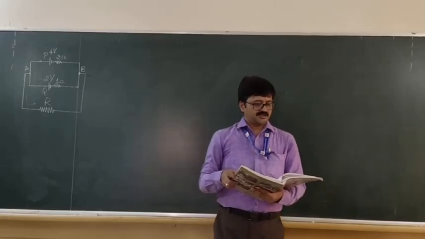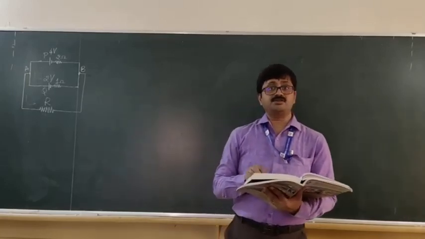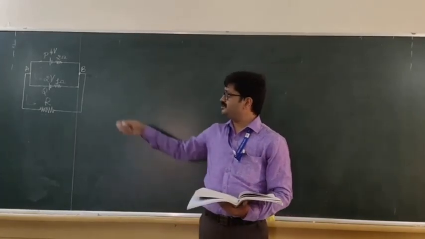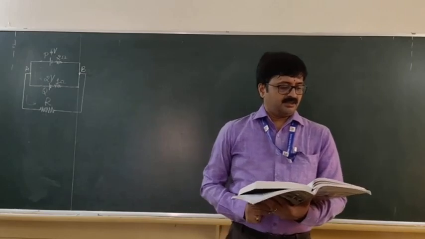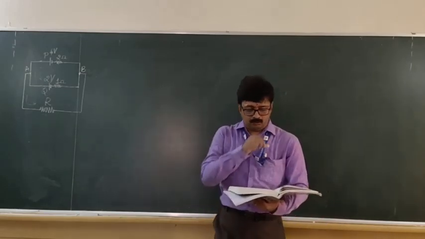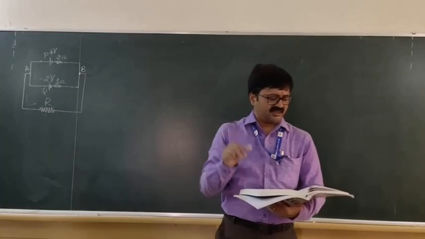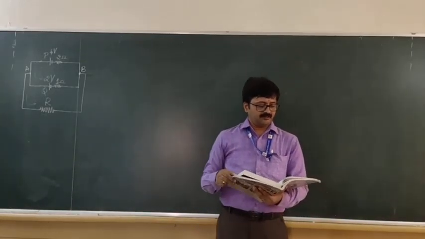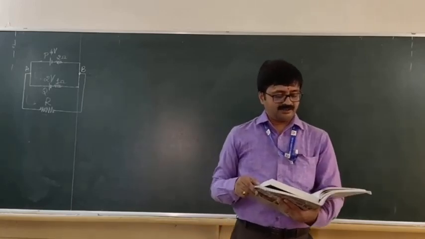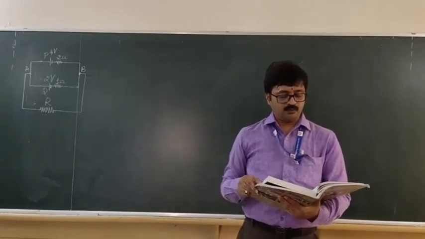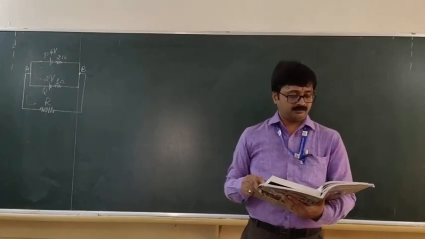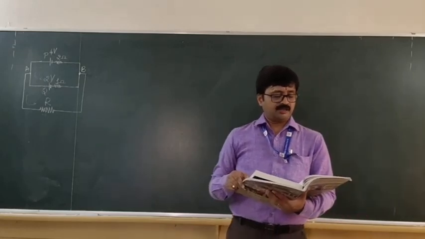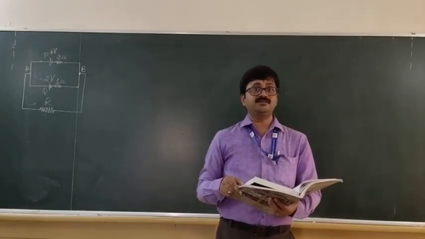Now we will consider some examples of Kirchhoff's laws that we have discussed. Okay, and I am considering one example like this again. Here we are having the statement of a problem like this. Two cells of EMF 4 volt and 2 volt and internal resistance 2 ohm and 1 ohm respectively are in parallel. A resistance of 10 ohm is connected across the combination. Calculate the potential difference across 10 ohm.